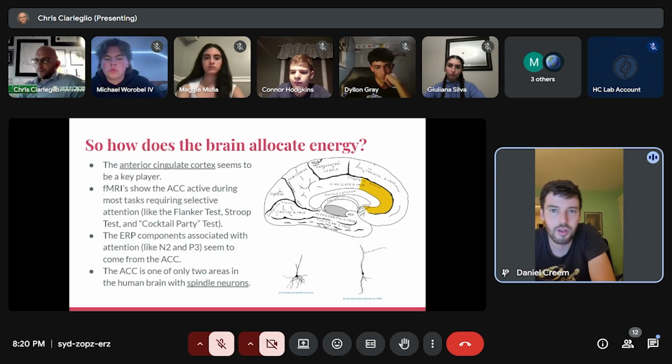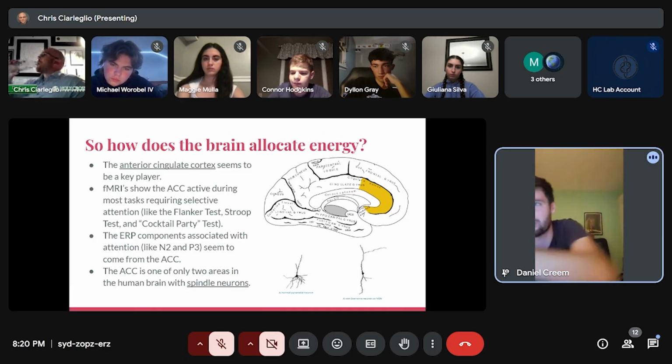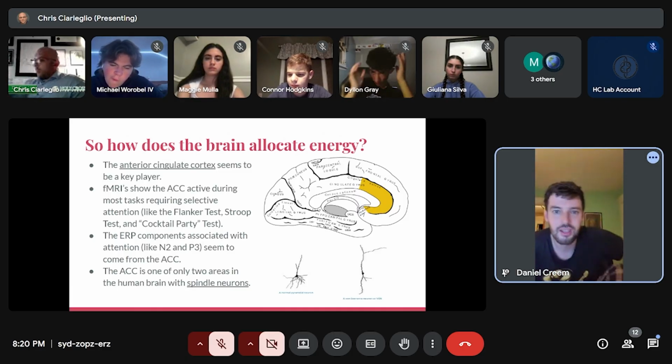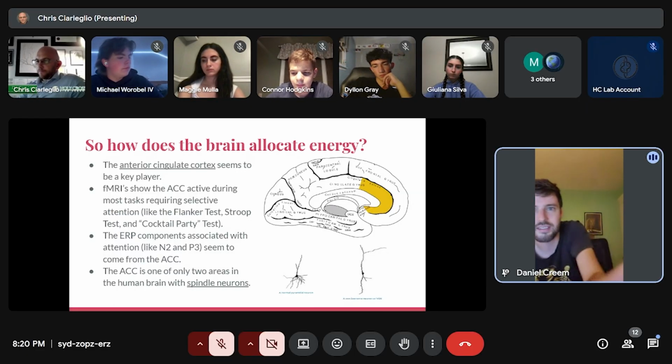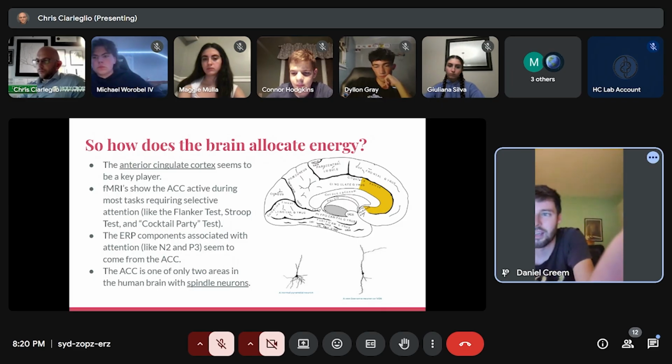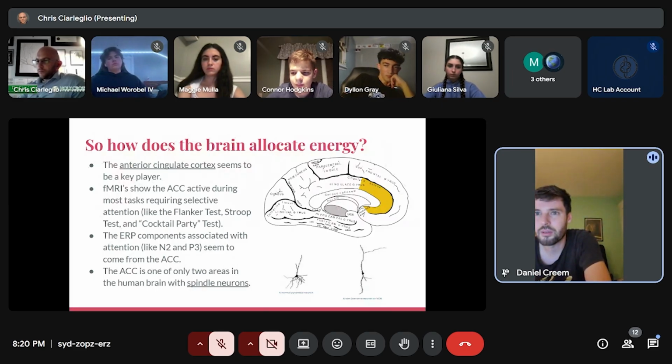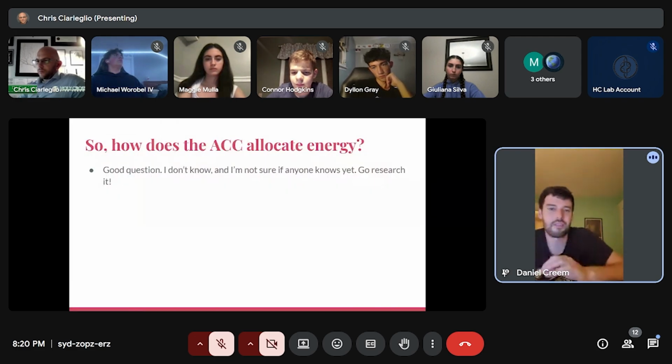In terms of neuroanatomy, there's this region of the brain called the anterior cingulate cortex, or ACC for short. That's been shown to be really important in attention tasks like the flanker test. The ERP, we'll get to that later. But where's the 3 attention networks? So basically, Posner and his colleagues think there's 3 main